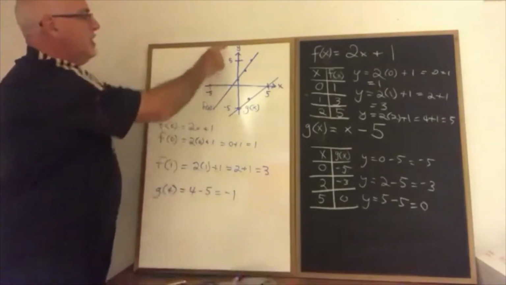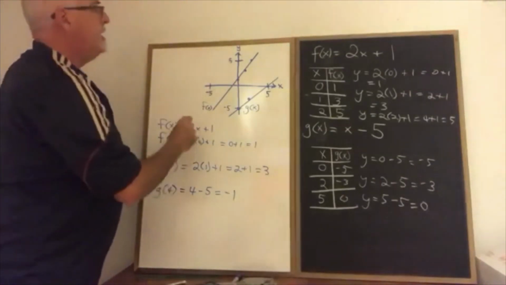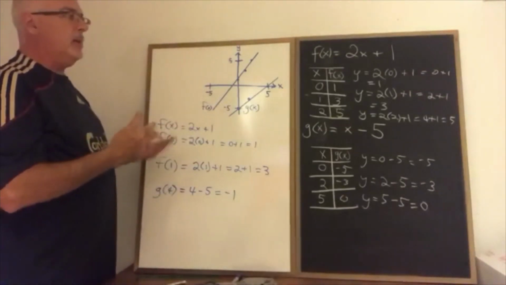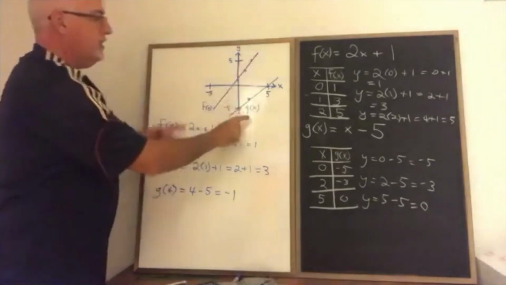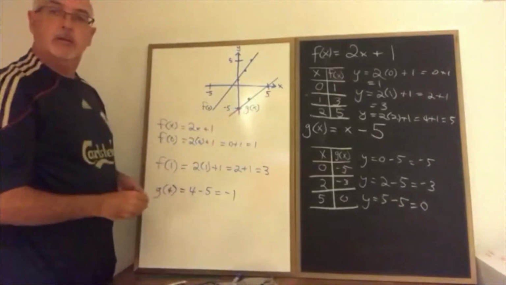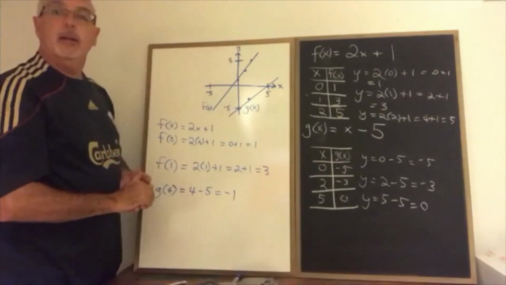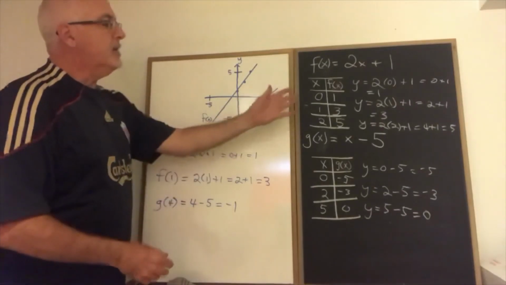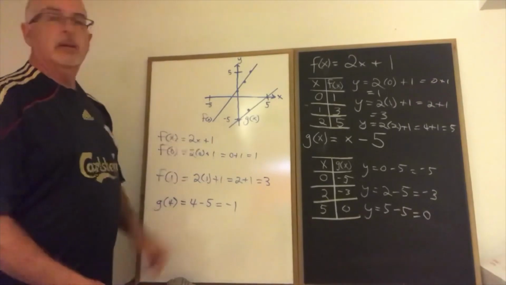Then, what about this y that I use to label my y-axis on the graph? Should I replace it with f of x? But wait, I don't only have f of x on the graph, I have both f of x and g of x. Should I just leave it as a y? Yes. F of x and g of x are the functions in this situation, but y is still the dependent